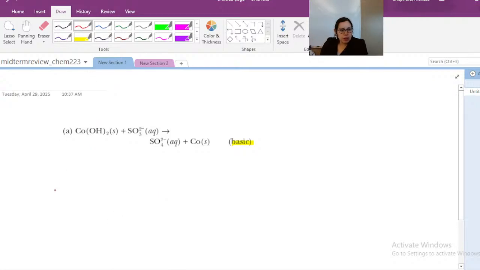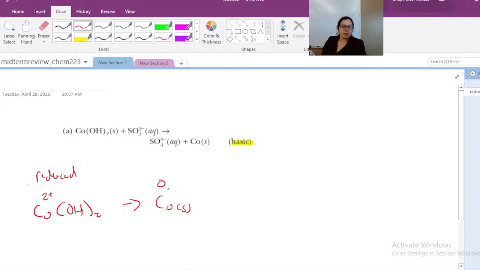So cobalt's getting reduced, so let's write that. So we have our cobalt hydroxide, and we can see it starts off in the 2+ oxidation state and then goes to 0. Okay, so it gained electrons. And then we have our oxidation side of it. So we started